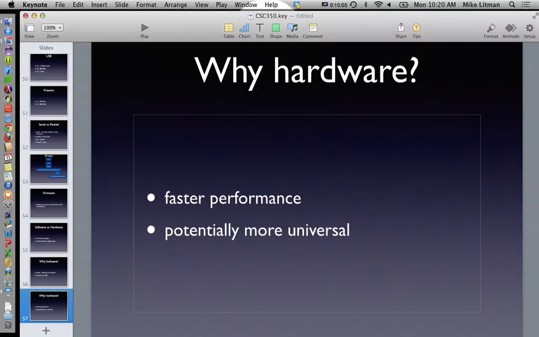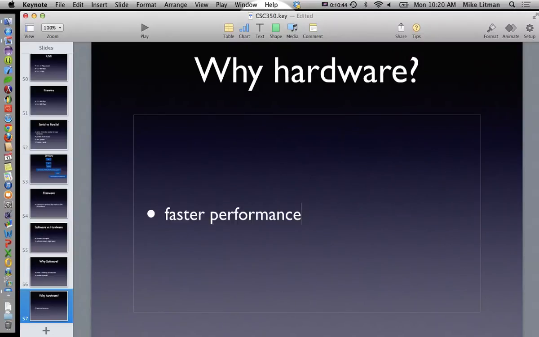Well, keep in mind that the languages don't run on the hardware. The languages ultimately provide input to the hardware. So anything that can provide the correct kind of input can work. So really, creating an inverter in hardware is the same thing as creating an inverter method in software, except the inverter in hardware would be faster. Less accessible, because it's easy for us to call a method. It's more difficult for us to provide an electrical signal to an inverter and then read the output. It's not nearly as convenient. So the idea of it being universal maybe isn't fair. Ultimately, it comes back to performance.